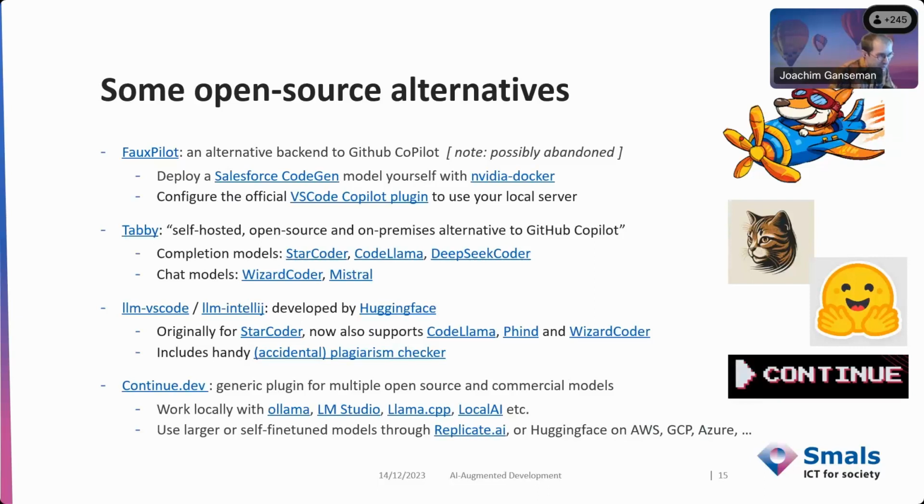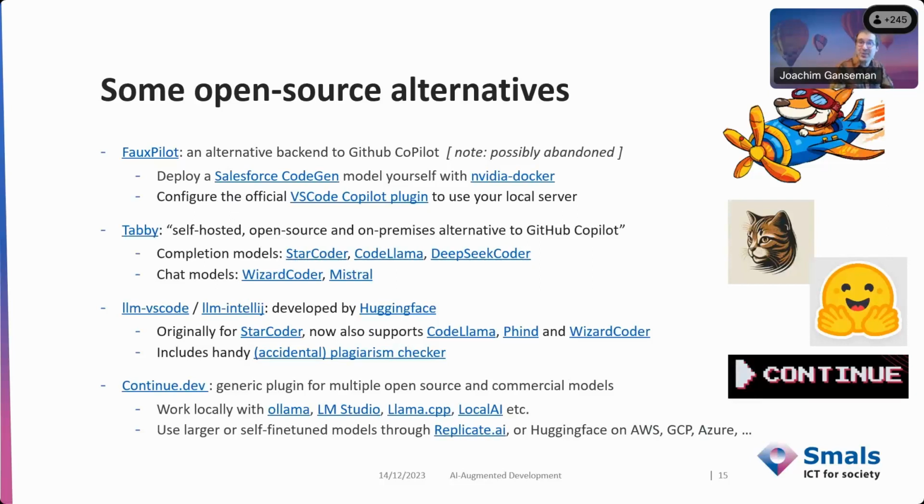Phopilot maybe was the first, but the last that I could see of it, there haven't been commits in the past 6 months or something, so I do have a feeling that the project is abandoned. It was interesting though, because you could use the existing Copilot plugin in Visual Studio or in IntelliJ IDEA and